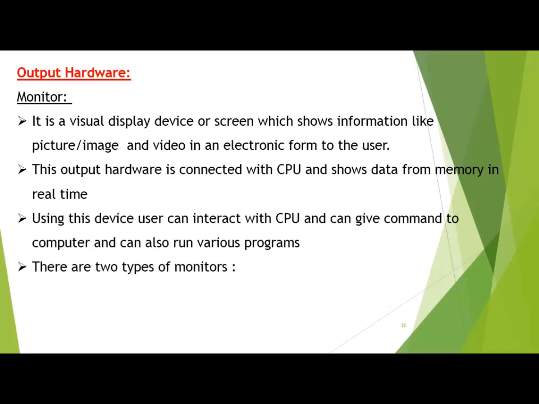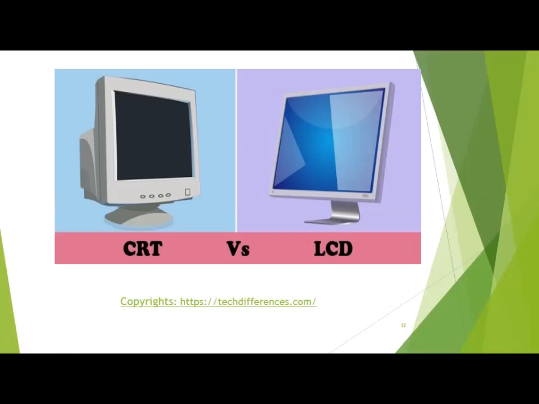There are two types of monitor. CRT monitors are the old monitors, and now they have become obsolete. Flat panel monitors are the ones being used today. In these you find LCD or LED types of monitor. There are other flat panels, but normally in computer technology we use LCD or LED. Moving to the next slide. On the left side is the CRT monitor and on the right side is the LCD monitor, or flat panel.